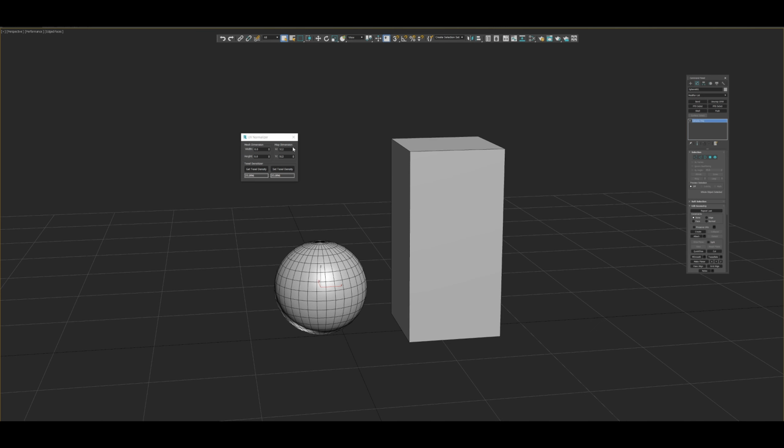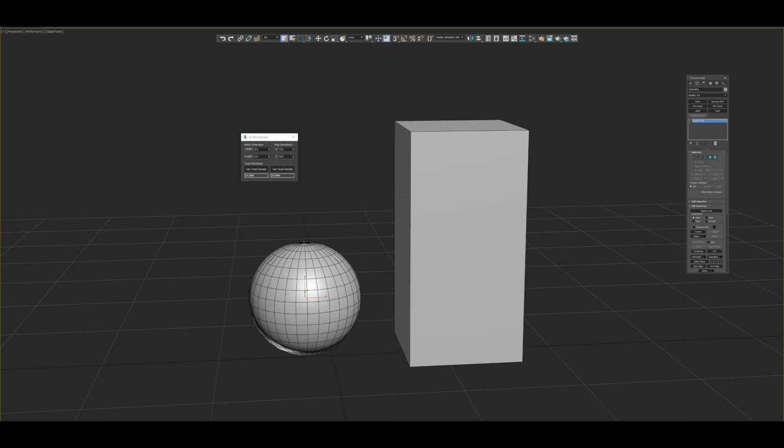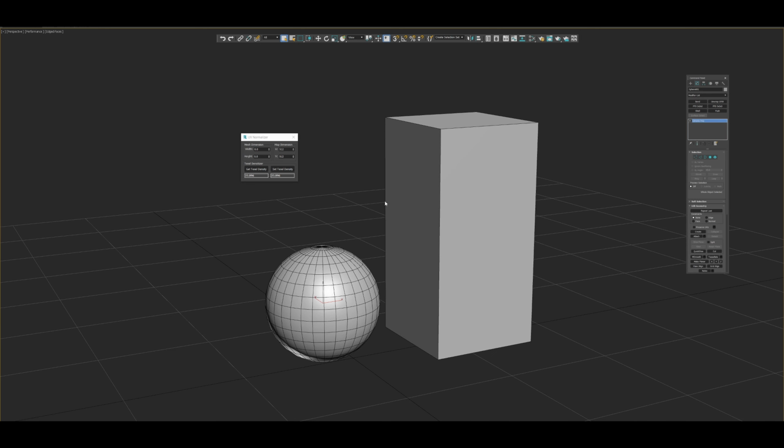The second thing is the mesh dimension and map dimension. What are mesh and map dimension? Suppose you are working on a project and the client says they are using 512 per meter, or 1K per square meter. You can easily match all those things by writing a few numbers here.